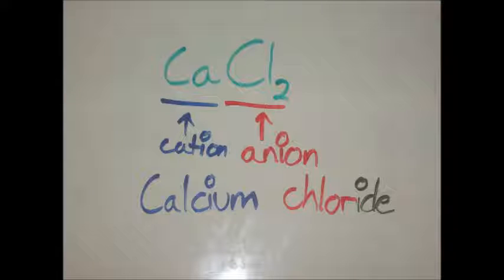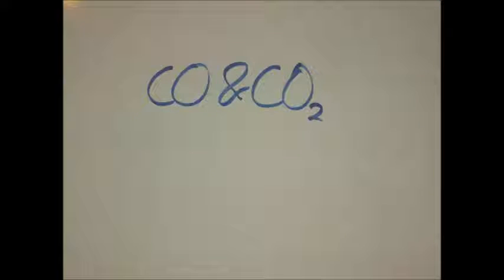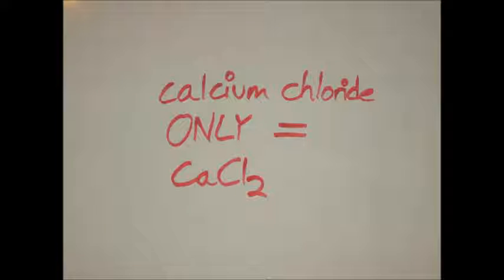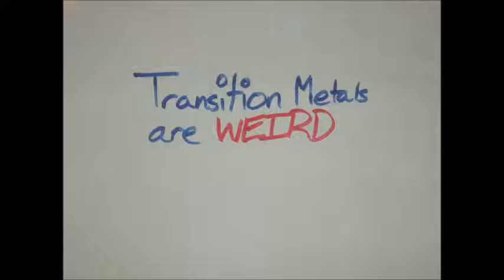In covalent compounds, the number of atoms bonded can be different, like CO and CO2. However, this does not happen with ionic compounds. The number of atoms that can bond together is more strict, so prefixes are not needed to understand that calcium chloride is CaCl2. While this is the naming method for some ionic compounds, there is a slight difference with transition